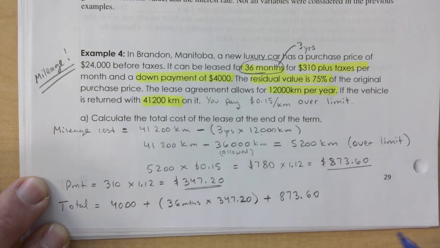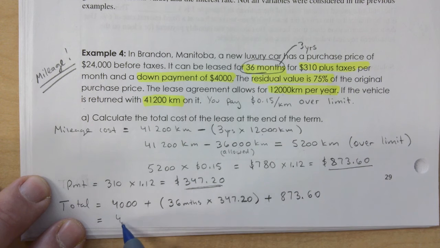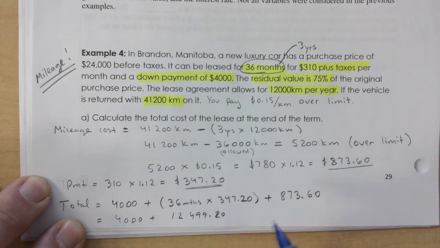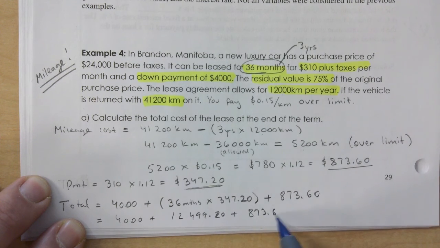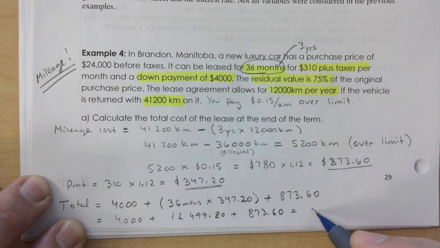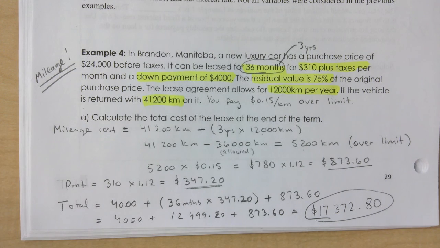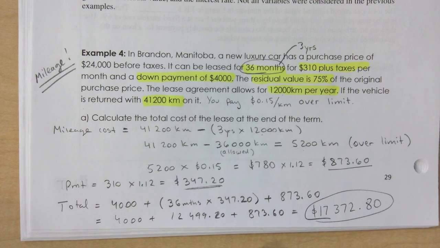And this is an extreme case. This question has all of the components that you need to be aware of. And I'm just going to do one more here. 36 times 347.2 is 12,499.20 plus 873.60. That is a total of $17,372.80. You are saved by the bell. Okay, so